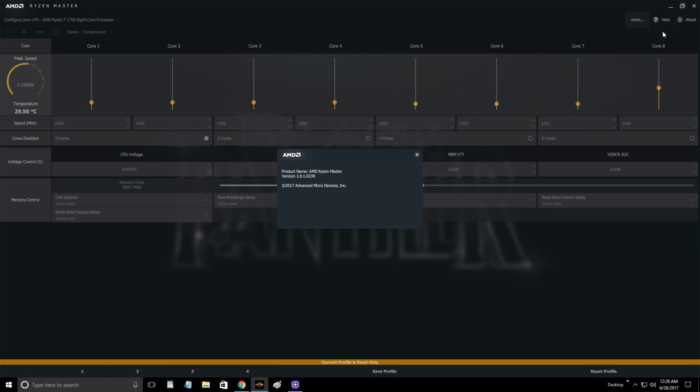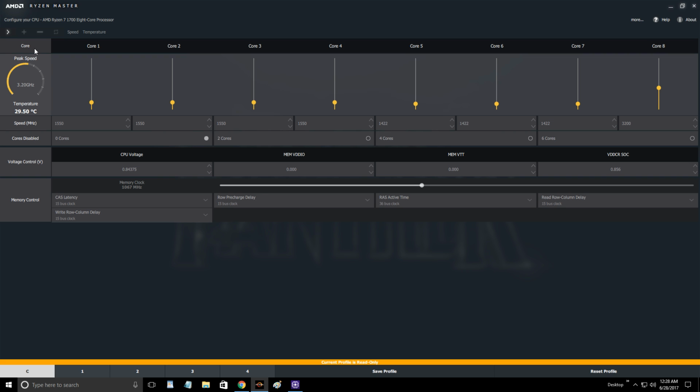Now we're going to click the about tab here, and it's just giving you information of the name of the software, the version, and also AMD's logo and copyright, trademark or whatever. So let's just X that out. Alright guys, so